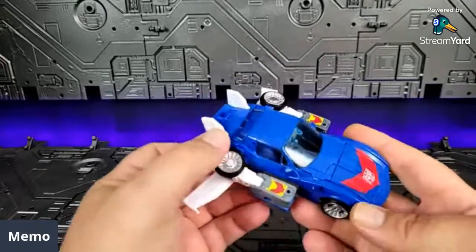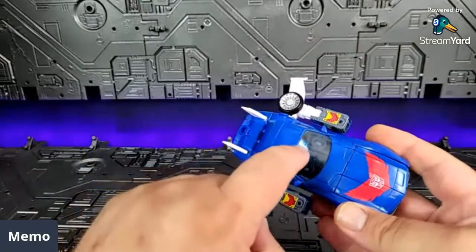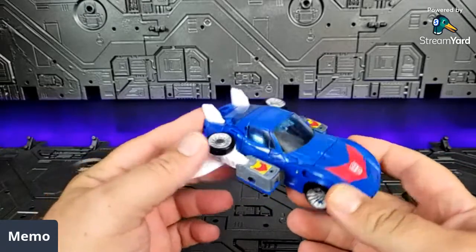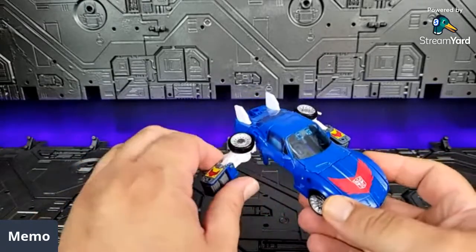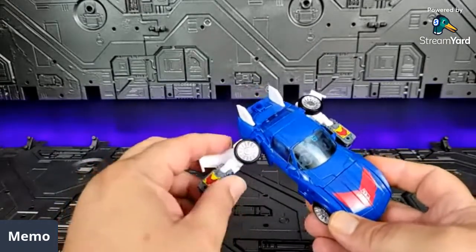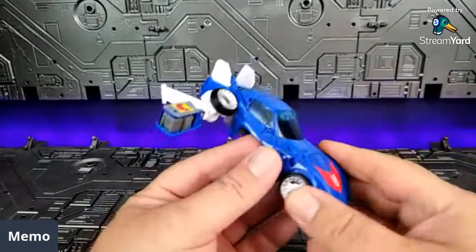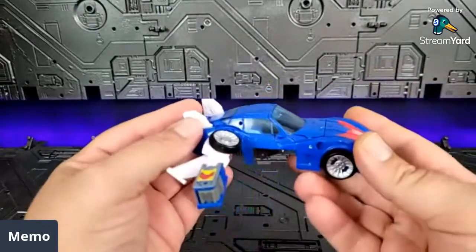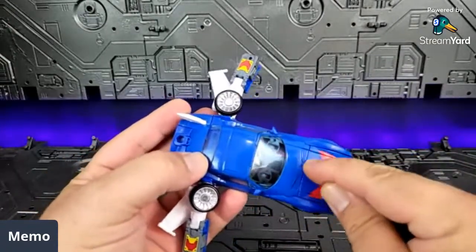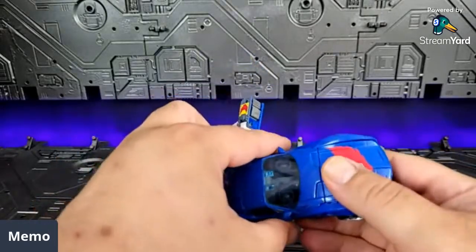Now, this is the portion where you want to be careful because this entire section is just simply made of that brittle, clear plastic. And it is tight. It scares me every time I transform it. But get the arms out of the way just to give yourself some room. And I've found it easier to undo this because it's so tight. It really is a bear to clear this joint here. So go ahead and